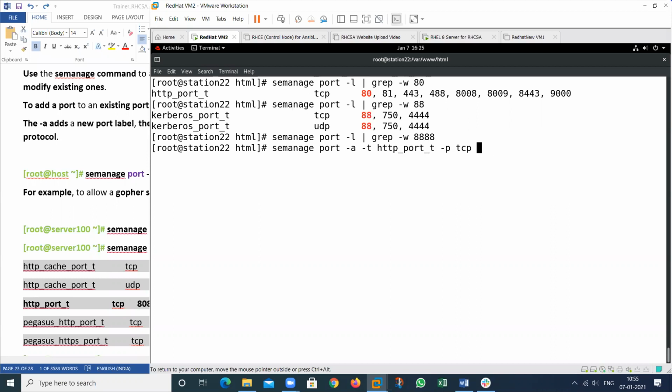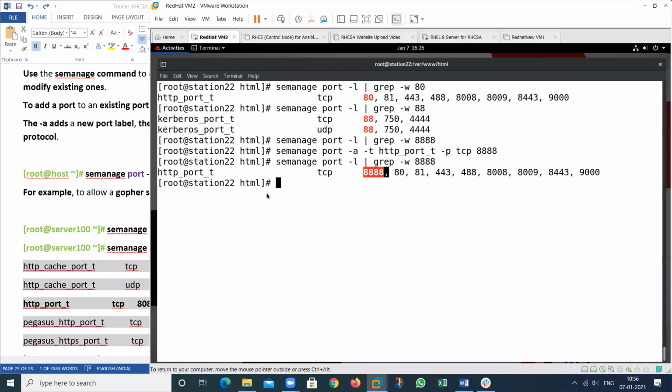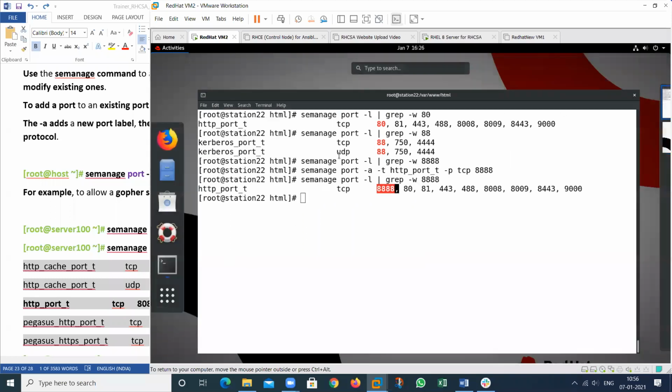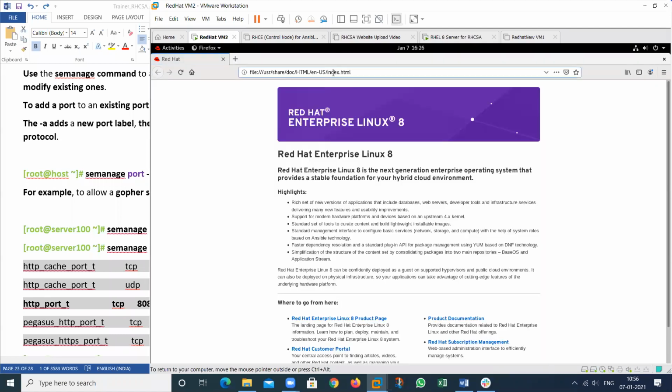So apply here 8080. I want to use this particular port for the HTTP service. Then see again: now this port is busy, for which particular service? The HTTP service. And I want to open my web page by using this particular port. See this. So open Firefox, then open localhost.